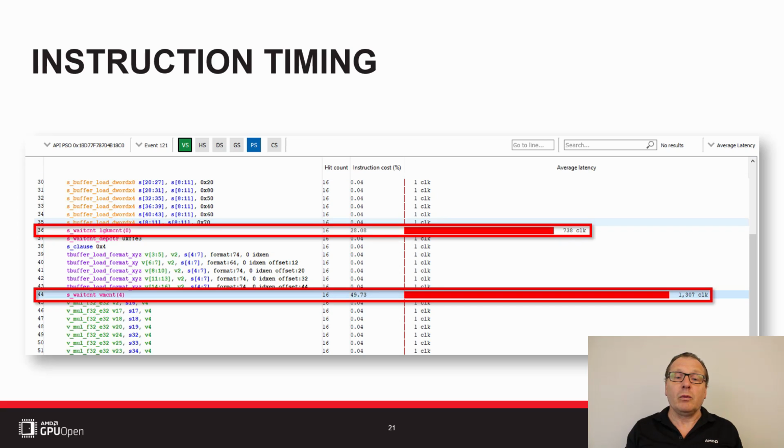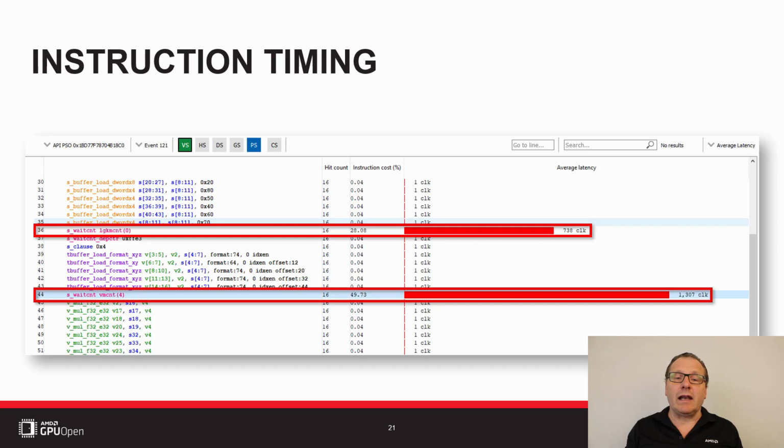However, we also see two instructions with larger reported average latency. These instructions are wait instructions, which represent synchronization points in the shader. In these cases, the shader is using these wait instructions to ensure the preceding load instructions are completed before moving on to execute additional instructions.